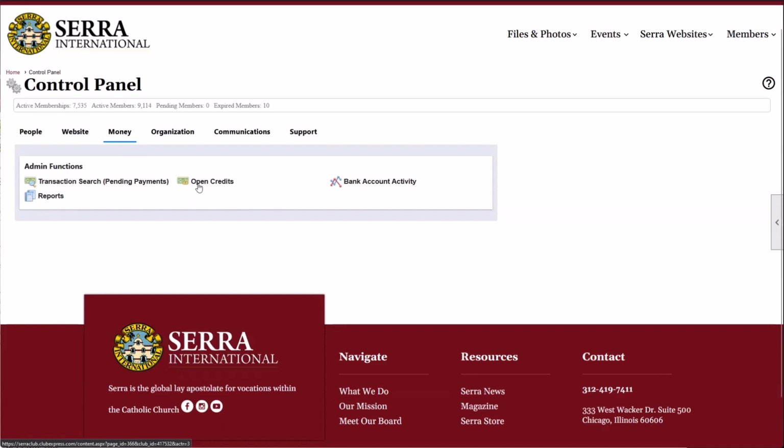So let's say someone registers for an event and then they canceled that registration, if they had paid for that event registration, it wouldn't immediately be credited back to their credit card. What would happen is they would receive a credit on the website, and the next time they sign up for an event that has a charge or incur any sort of charge on the website, they can apply that credit towards it. So essentially, they get their money back on the website and can pay it forward towards their next